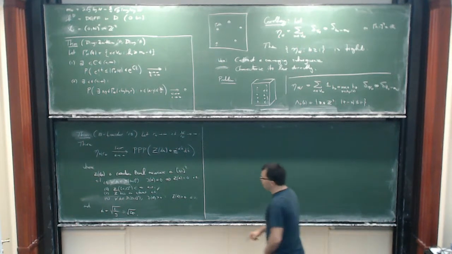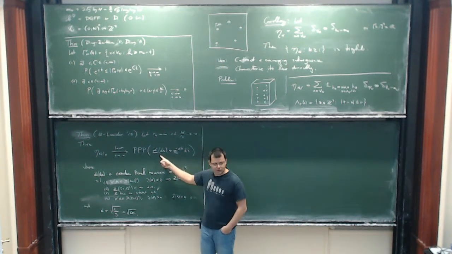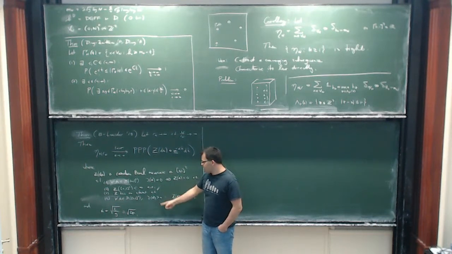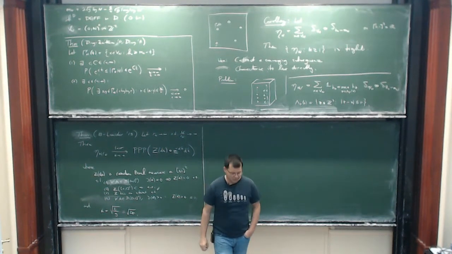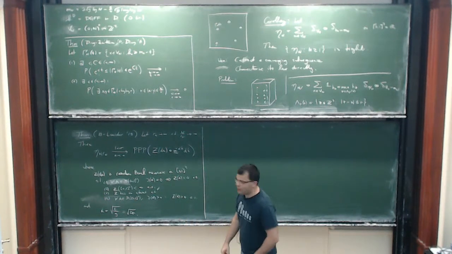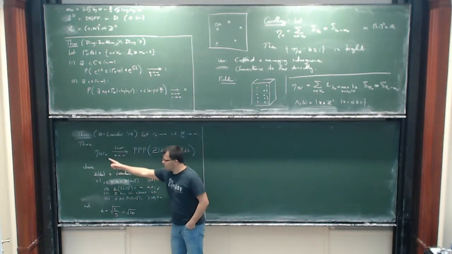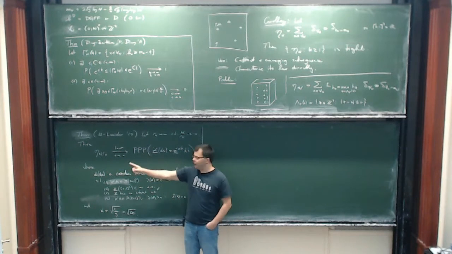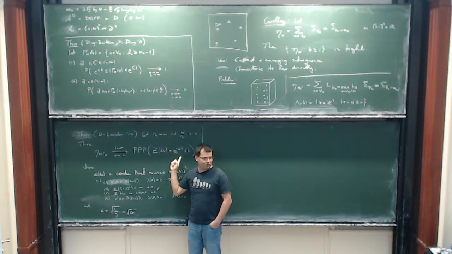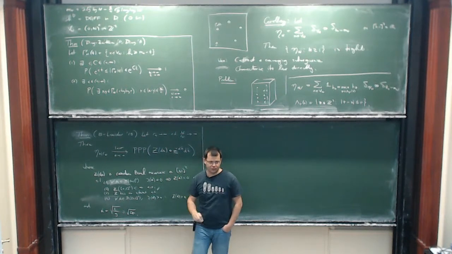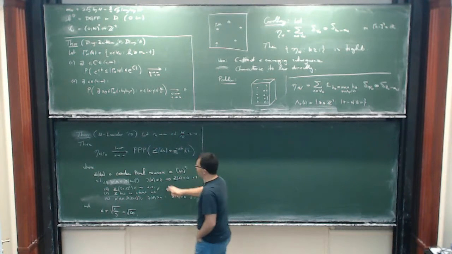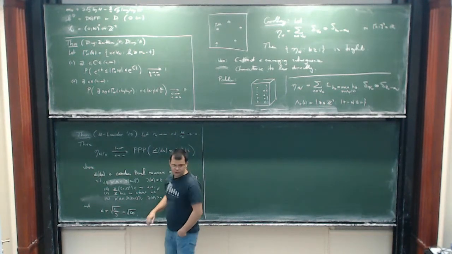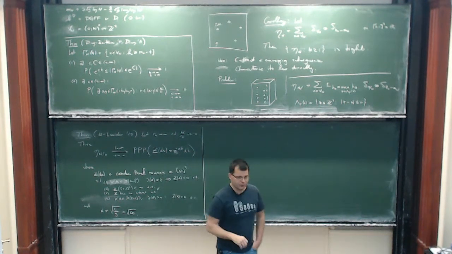What I'd like to explain to you today is why this structure appears. I will not be able to give you a proof of all of these properties. In fact, what I will show you is that every subsequential limit of this family has this form, and then I'll refer to a theorem to tell you why the limit is unique. The measure Z is unique, and it's independent of the Rn sequence.